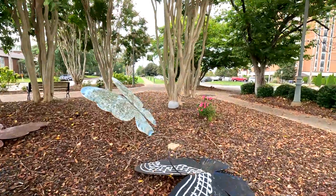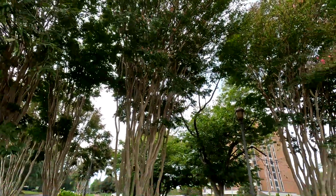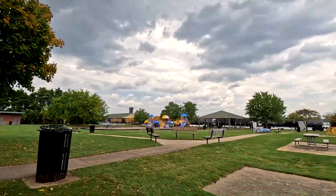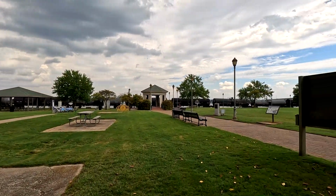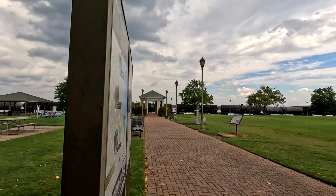Then that one, and that one there. See the trees here? Got a little bit of colorful leaves on them. Got a playground and a park pavilion over there, picnic pavilion. They rent bicycles right there, of all the things. So if you come back on this side, this sign here, you can see